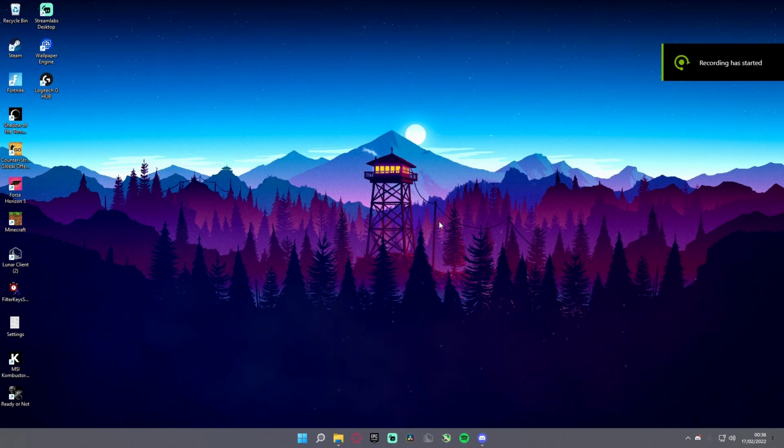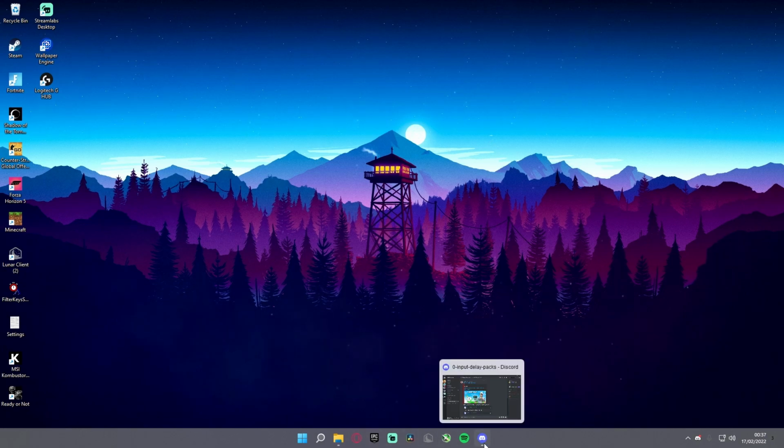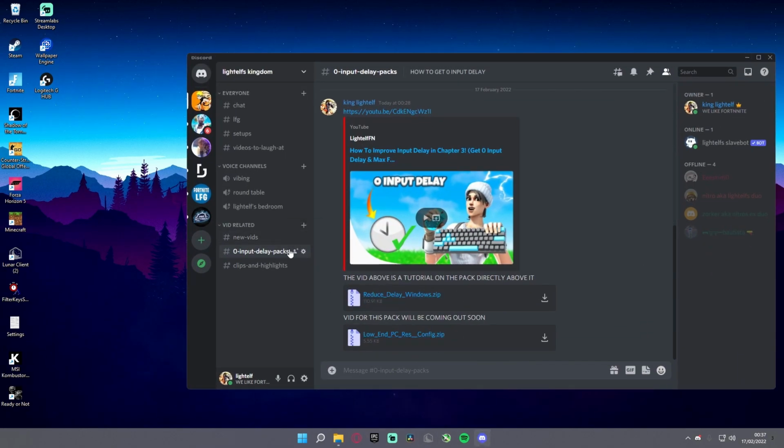Alright guys, for my next tip, I'm going to be showing you some game user settings for low-end PC players. I don't recommend this for anyone that has a GTX 1650 or above, or even a GTX 870, I think that's a thing. But if you're on integrated graphics, or a GT 710 or something, I will recommend these game user settings to you, and I'll show you how to apply them now. First, go into my Discord, go to 0 input delay packs, go into low end PC res config,